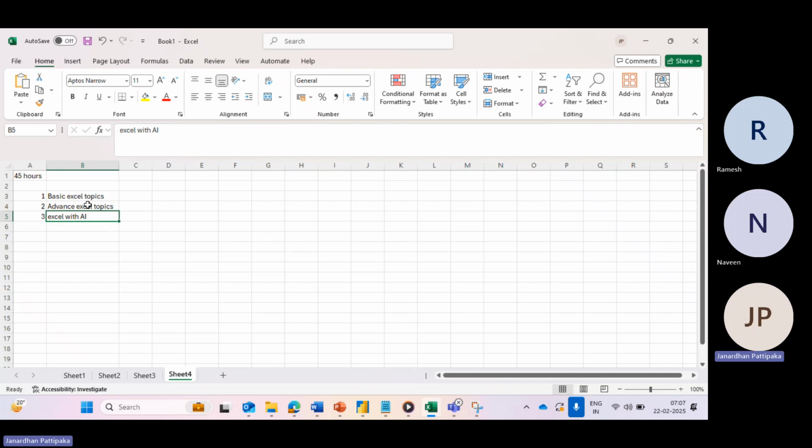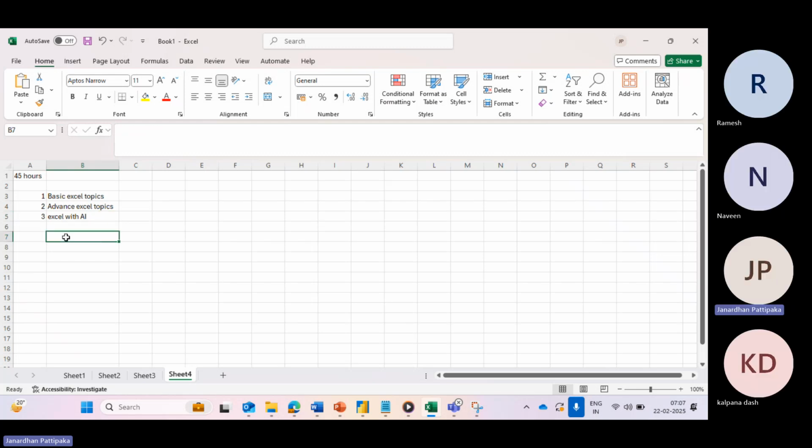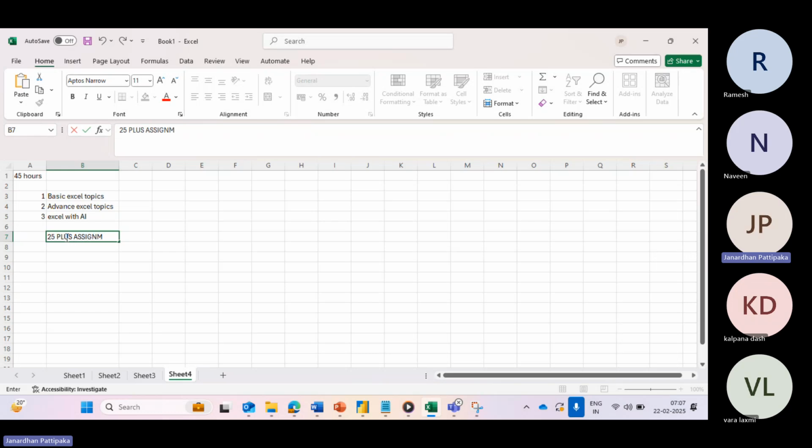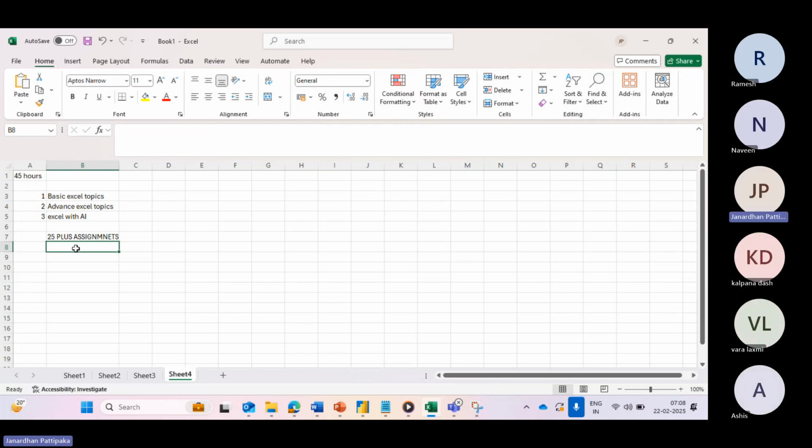After finishing these classes, it will be a practical approach, and each and every class will be followed by some assignments, which will be completed in the class itself. Apart from that, after completing these topics, we'll be providing 25 plus assignments related to Excel. And not only this, we will also provide live dashboards, showing how you can create interactive dashboards